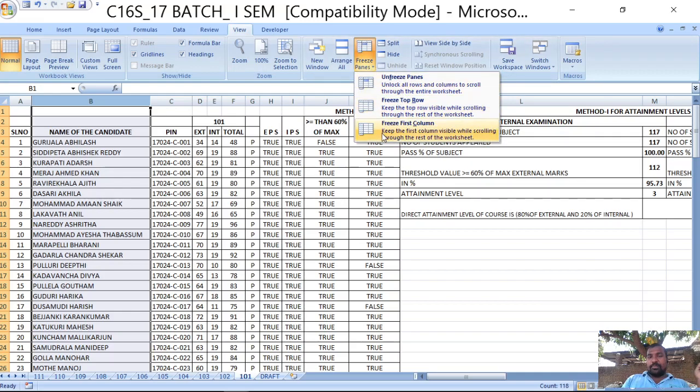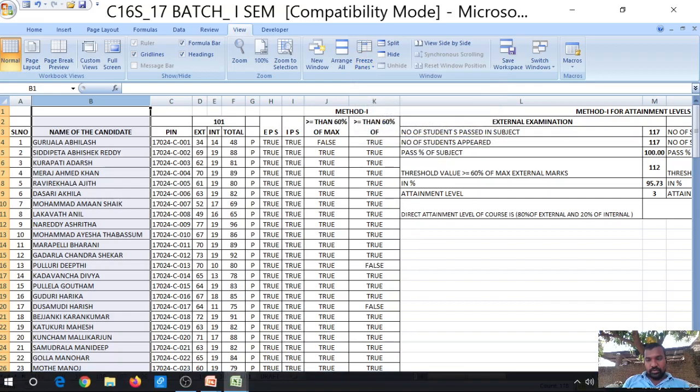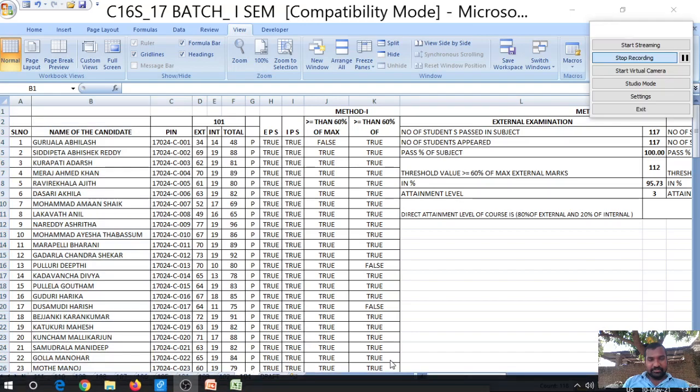So these are the three options that we can use to freeze a particular column or row: a top row, a left column, or a few rows and columns, to scroll through the entire worksheet. So this is about freezing and unfreezing.